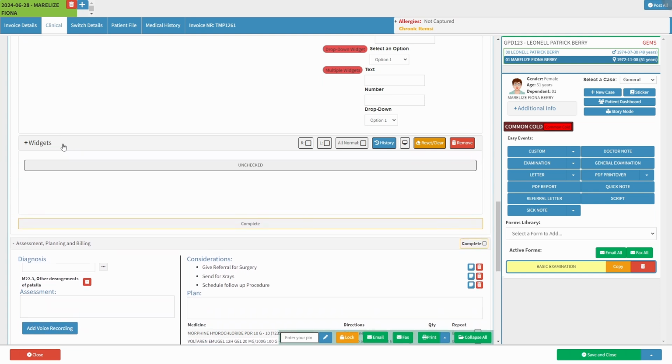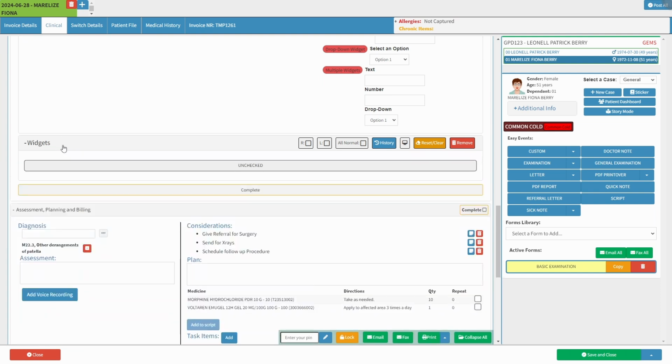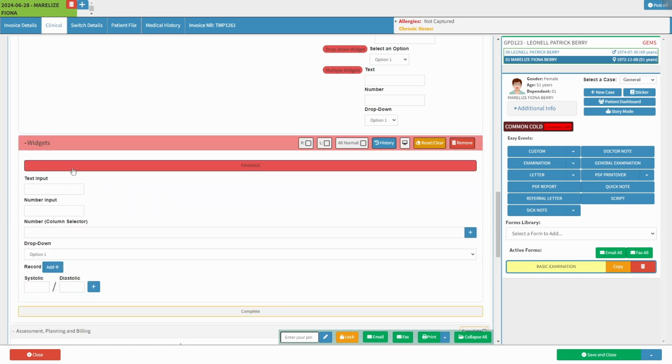A widget is a component used to input data, make selections, or trigger actions on a specific field or pill. Various widgets are available, including text or number fields, drop-down menus, and more. Please note that certain widgets listed are used specifically for eye-related examinations. For more information regarding these widgets, please refer to How to Set Up Widgets on Customizable Forms user manual, linked